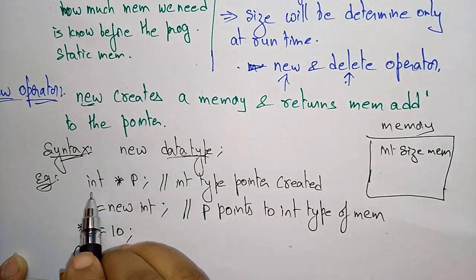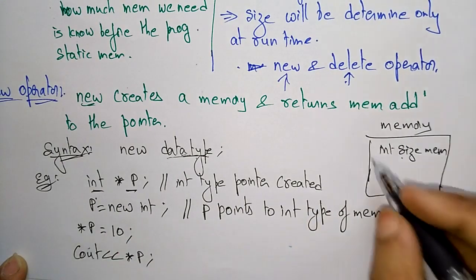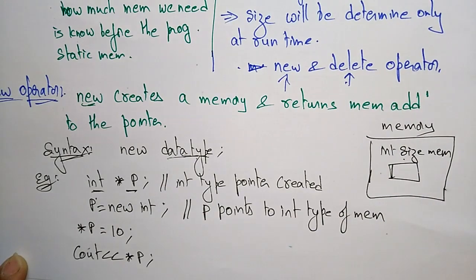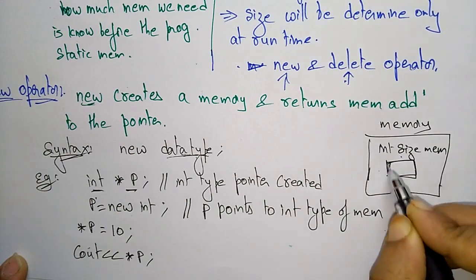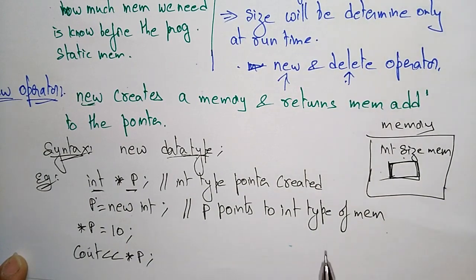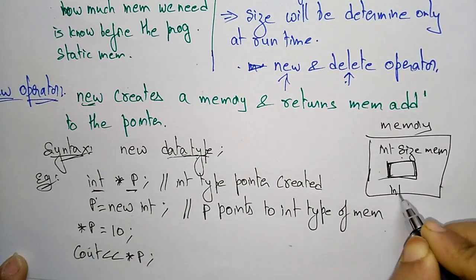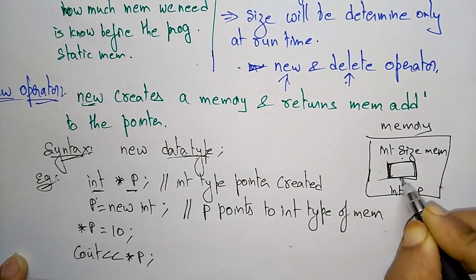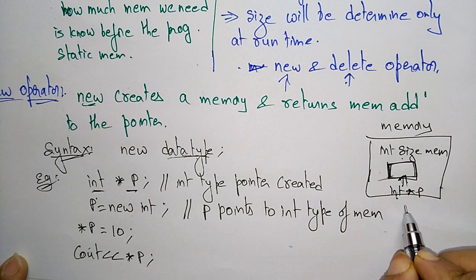So first I declared an int pointer. So int size of memory will be created. Some int size of memory is created. So what next? P is equal to new int. So one new memory will be created. After that, in that pointer, so this is the pointer. So int star p. This int star p points to the,